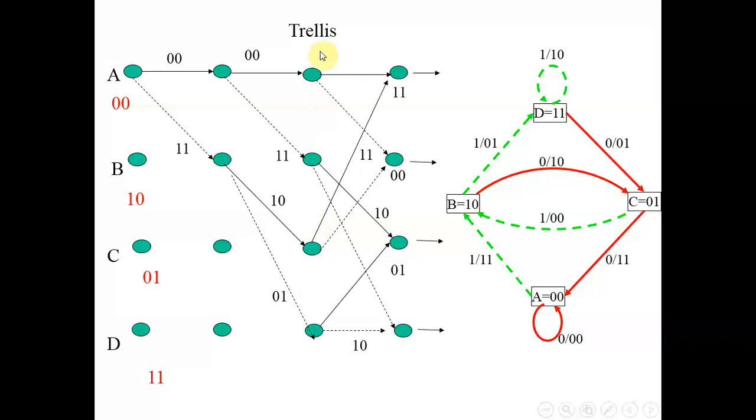So at t equal to 3, all the states are present. So what is 3? 3 is the constraint length of an encoder. Whenever your time instant is equal to the constraint length, in this case t equal to 3, you get all the 4 states coming into the trellis.